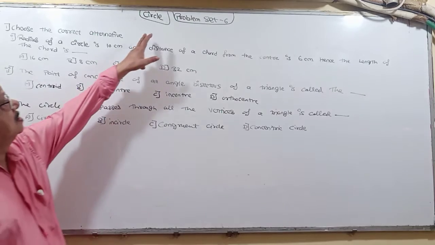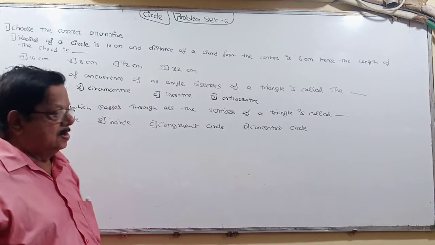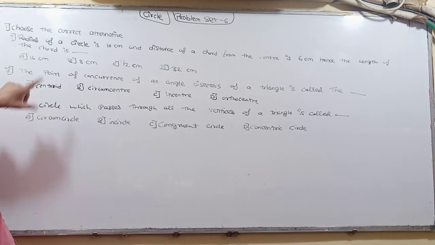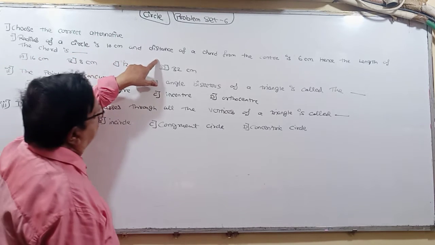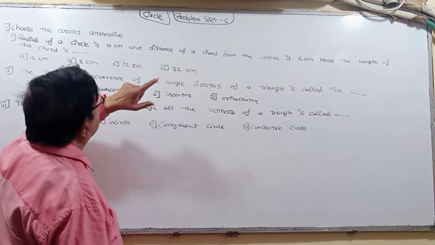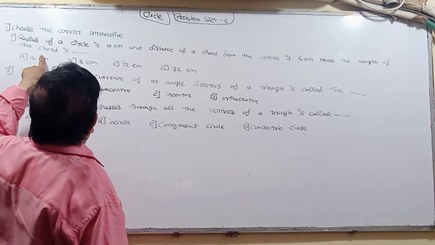Dear students, circle, last topic, problem set 6. Very simple. We have to choose the correct alternative. The radius of the circle is 10 centimeters and the distance of the chord from the center is 6 centimeters. Oh, it shall be the distance of the chord. The length of the chord is